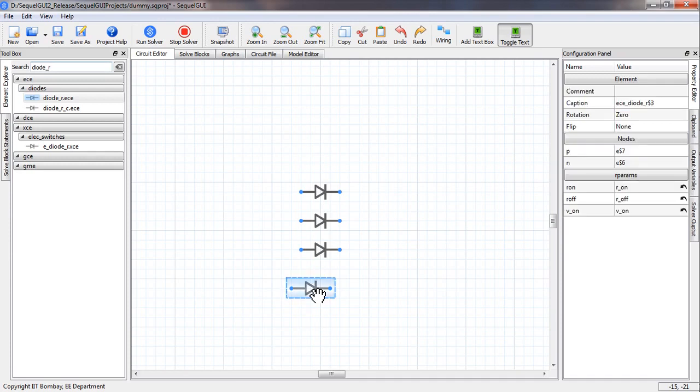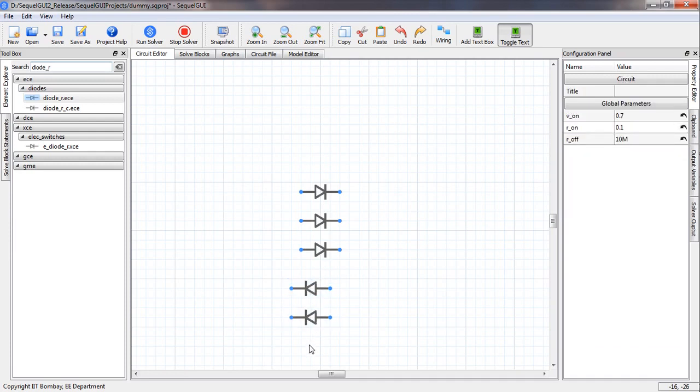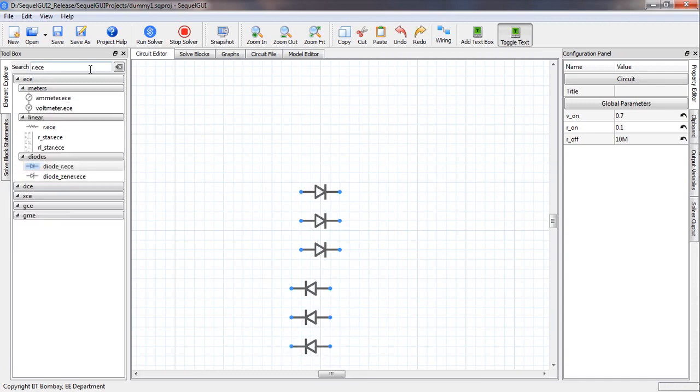And 3 of those need to be in the other direction. Alright, so now we have the diodes in place. Next, let us get the resistors. The resistor is called R.ECE, so let us bring that in. And we need 6 of these,